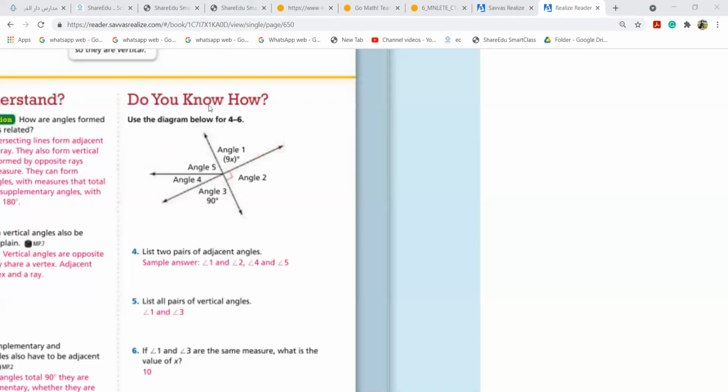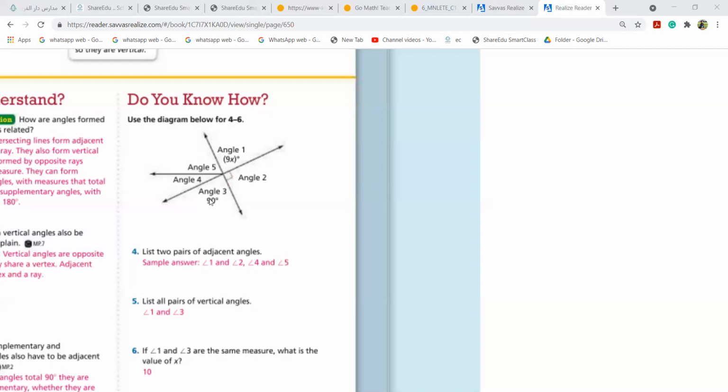If I give this drawing and ask you what is the adjacent angle, you will choose 1 and 2. And if I ask you vertical angles, you will say 1 and 3 because they are vertical opposite angles. Understood? Or any question? If I say adjacent, that means 1 and 2 are adjacent to each other. If I ask you vertical, you'll say 1 and 3, because vertical is always opposite angles. List vertical angle: 1 and 3. List adjacent: 1 and 2.